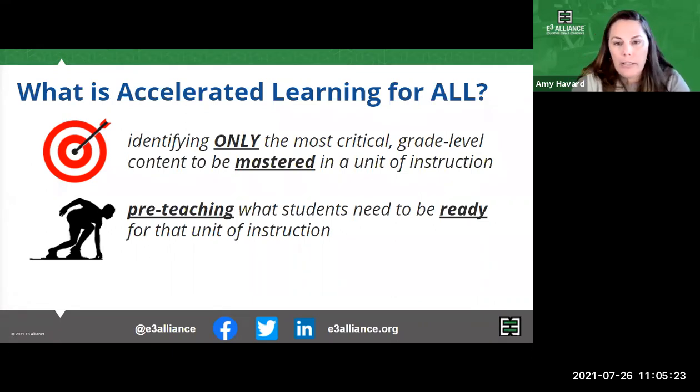When we accelerate learning for all, we narrow the focus to only those most critical standards and then find opportunities to pre-teach vocabulary, background knowledge, skills, or anything else students need before regular instruction occurs. Acceleration makes core instruction more accessible and therefore more likely to be effective for students the first time, ensuring school leaders and teachers are working smarter, not harder, to help students recover from unfinished learning and avoiding the trap of constantly having to intervene or reteach throughout the year.